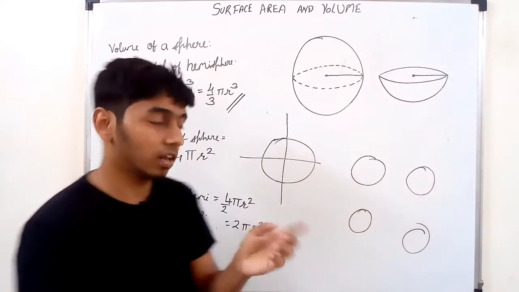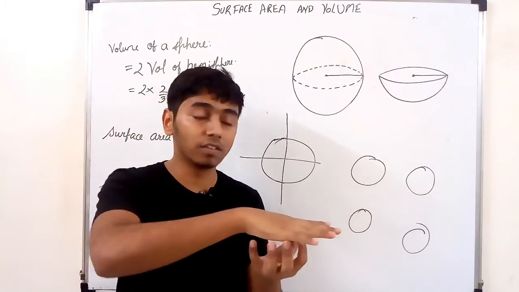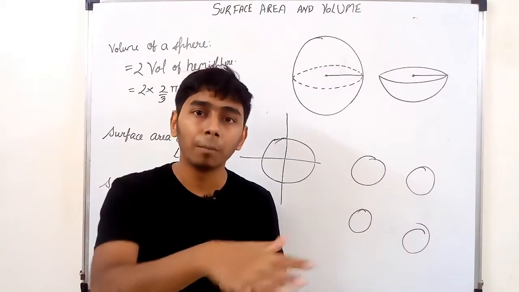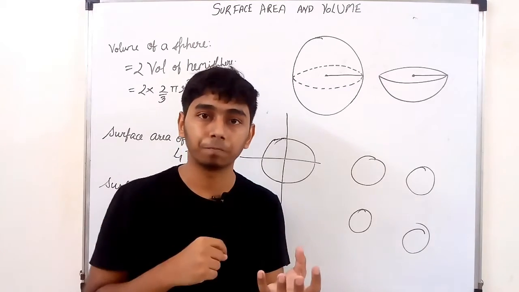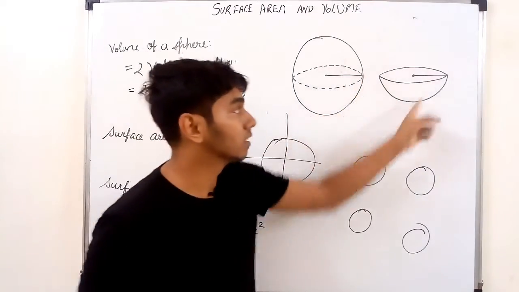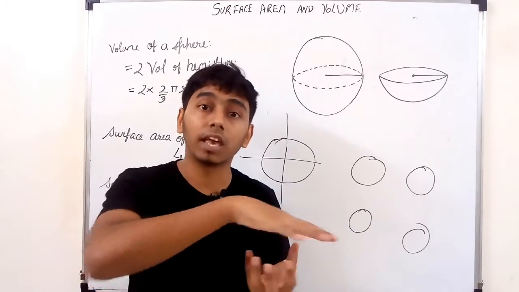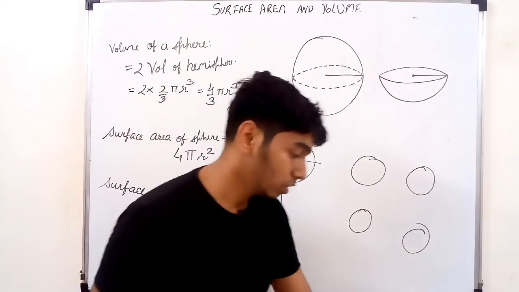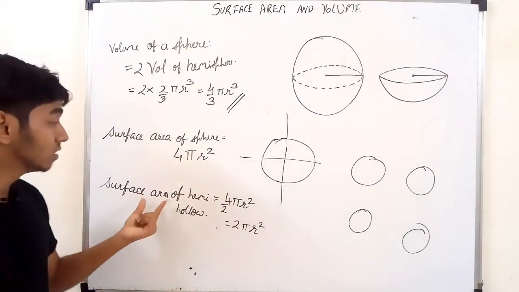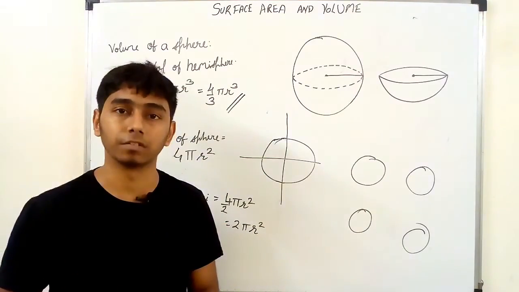The surface area of this ball is equal to 2 pi r square. But there is one surface at the top which is not there, which is hollow. If you keep a circular paper on it, then the whole hemisphere gets covered. So there is a surface on the top with which the hemisphere is covered, and that is called the total surface area. This is called the surface area of a hollow hemisphere, meaning there is no upper surface on the hemisphere.